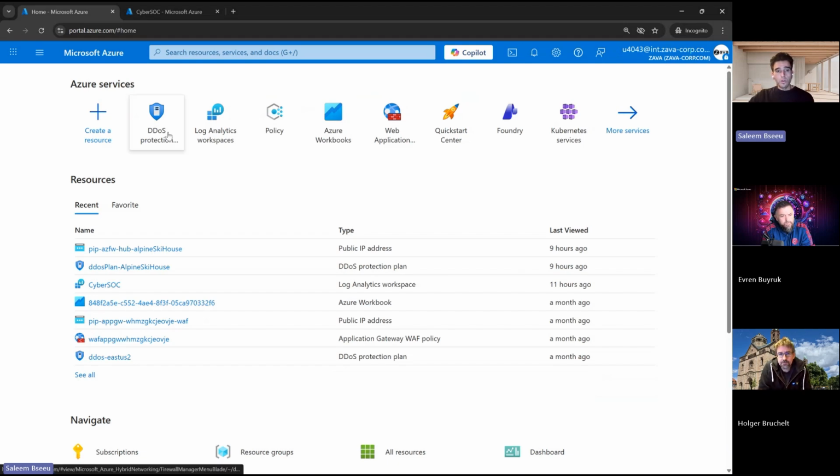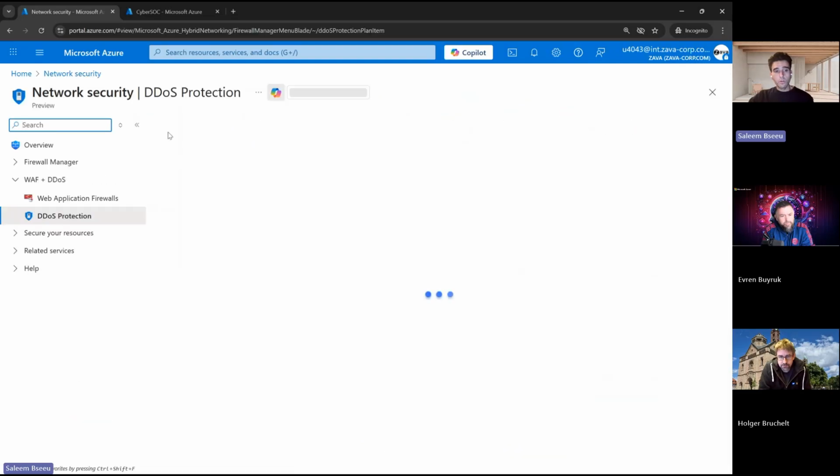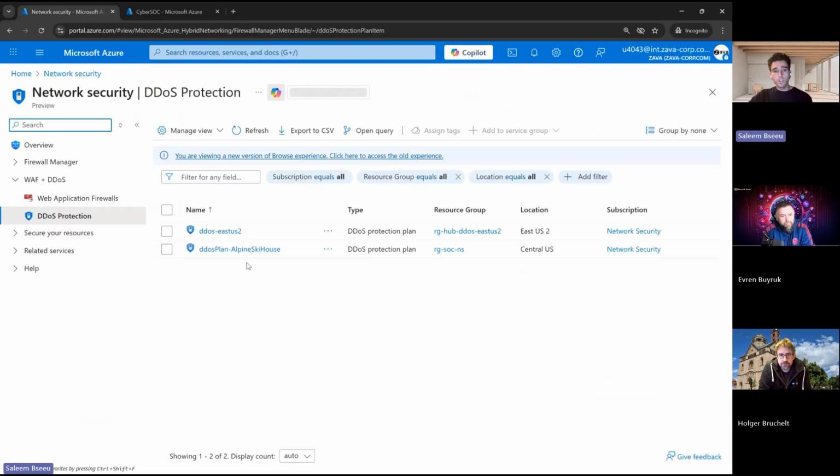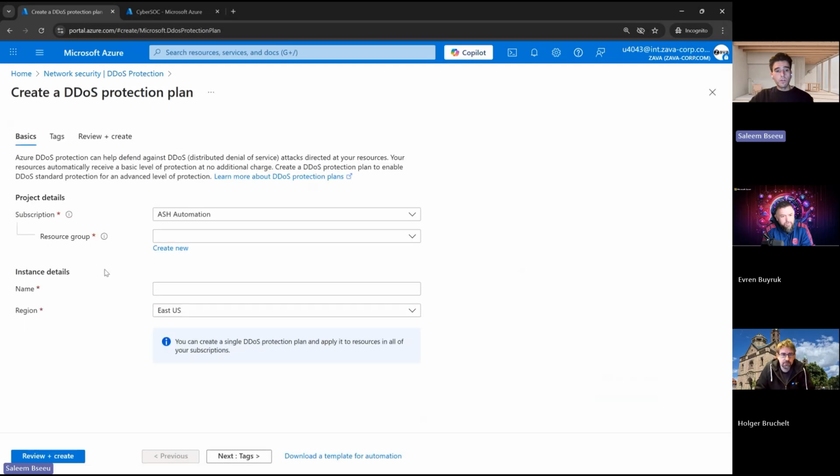So I have here the DDoS protection plans resource. I'm just going to click on it. It will open. You can see that I already have 2 plans here. To create a new one, you click on create, and you'll have to choose the resource group, name, and region,